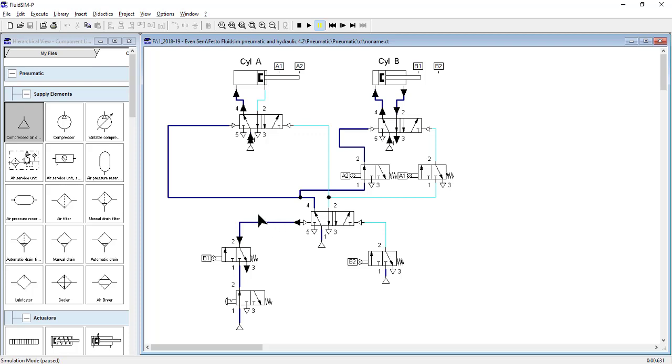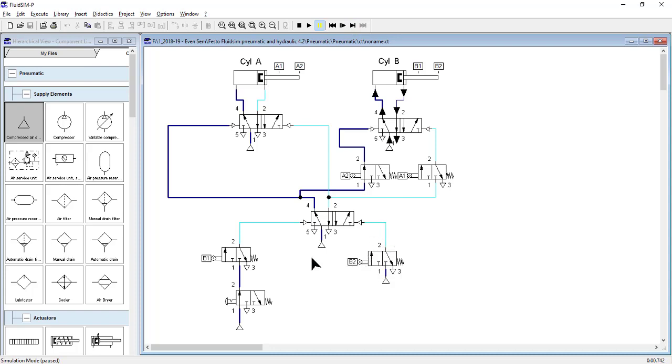So B1 got deactivated, so the air supply over here will get stopped. Right? The compressed air supply here is getting exhausted. Over there it will get stopped. Cylinder piston B will move outwards. It will now touch B2. As soon as it touches B2, see, B2 will get activated.